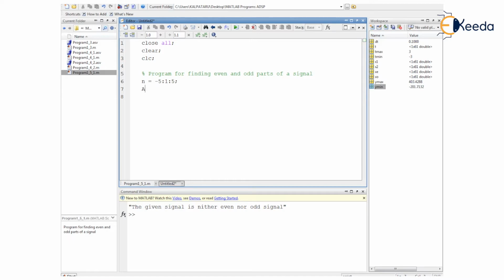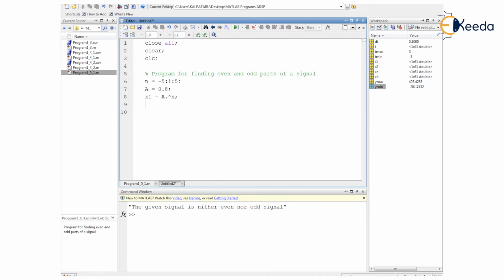Next to that, as the given signal is having 0.8 as the number, and to its power we have to put n, let us have a variable capital A defined and assigned with the value 0.8. Now we shall be generating the variable x1 to hold our signal information. So it is 0.8 to the power n. That is why we take capital A, and to it we provide power with the help of dot caret, and then we write small n. So small n is the discrete time variable.